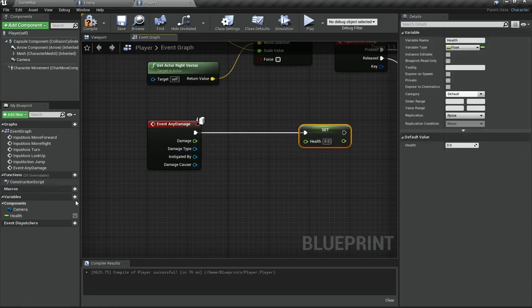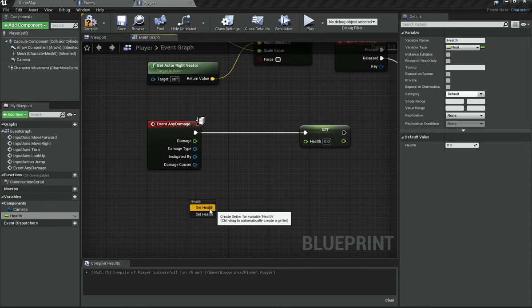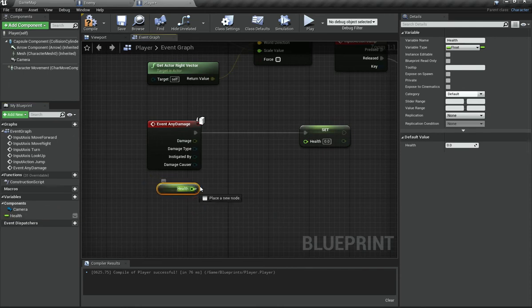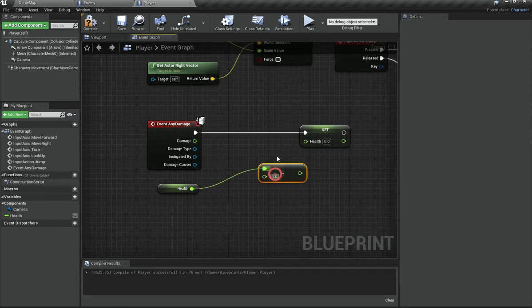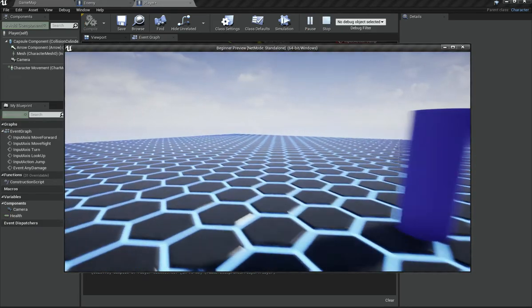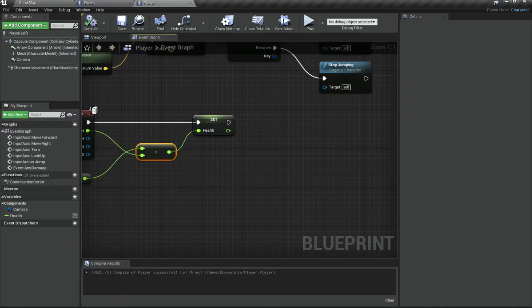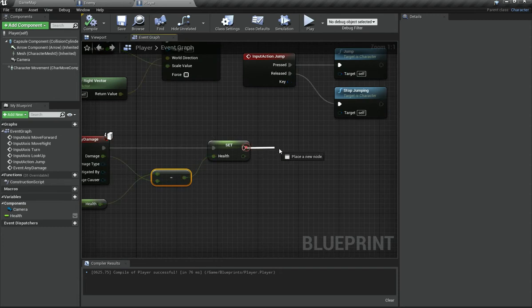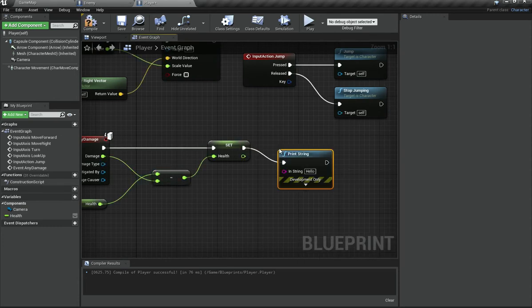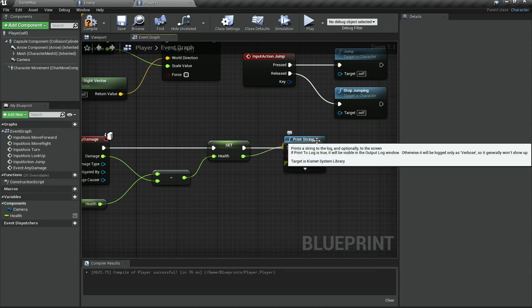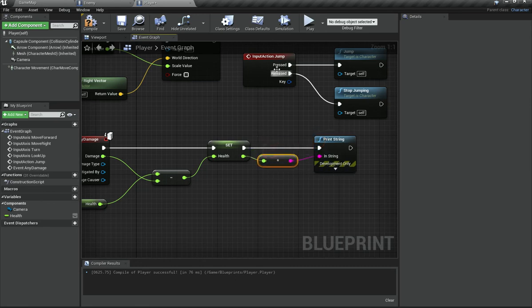And in order to set health, we are going to get the health variable. We are going to add a minus node. We are going to subtract the damage from the health, and we are going to set the health to that. If I do that, currently we won't be able to see anything. But if I also add a print string, and in the string we are going to print our current health instead of printing the damage, and if I do that,